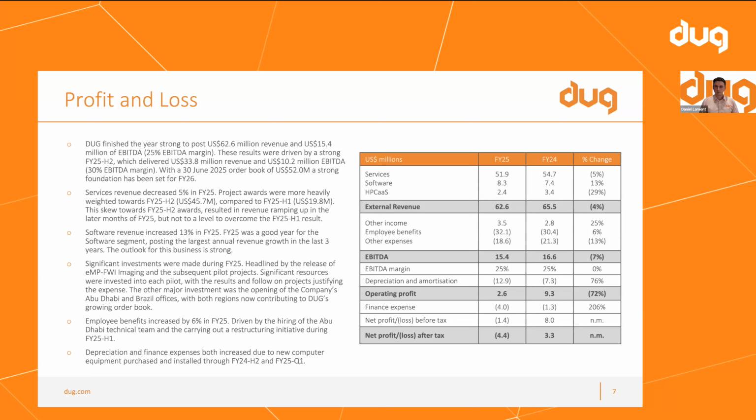So we know that these assets will last 5 years plus. We have computers running that are 8 or 9 years old, but we have to recognize them in an accelerated manner, just due to the accounting rules. And so that's what puts a bit of pressure on that D&A and on that finance expense line. So I think that's enough for that one.